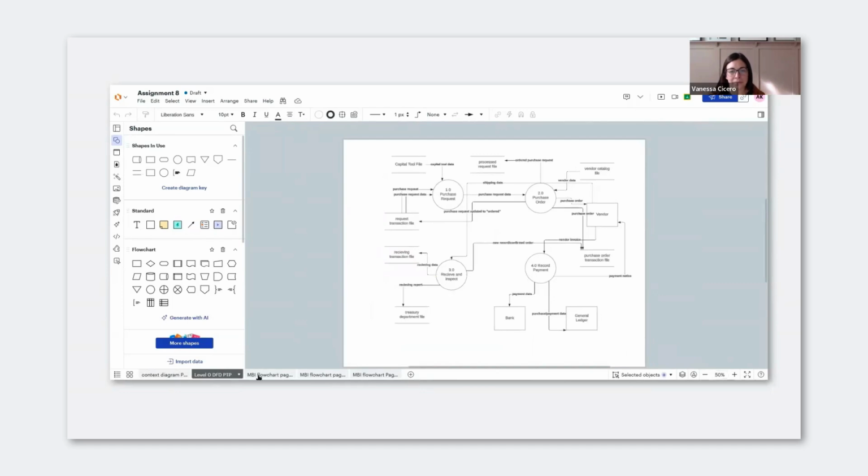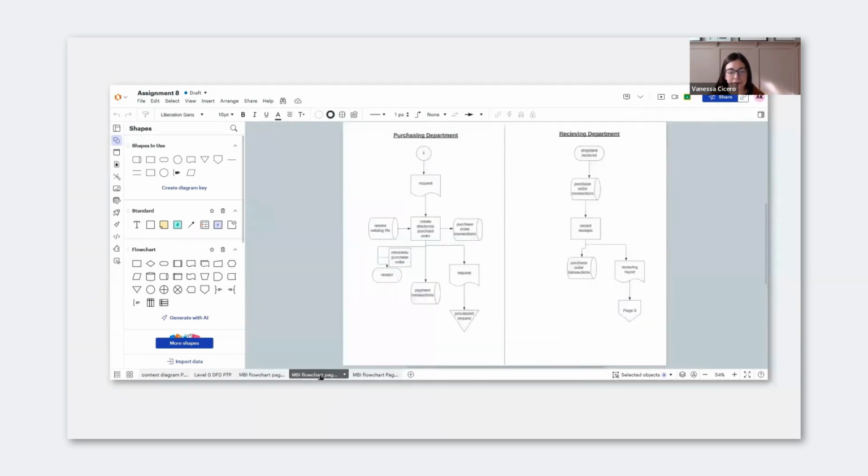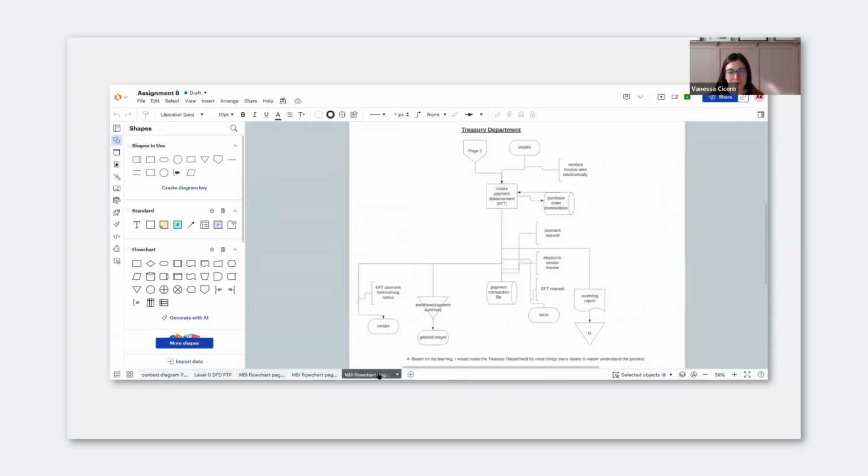So as I flip through this, while you might not be an expert in flowcharting or you might not be an expert in data flow diagrams, you can see the work that the students put into modeling here. And students have to incorporate shapes or build stencils in order to use this product. Building stencils and incorporating shapes in Lucid is so easy and so rewarding for students. They can go and grab extra shapes or they can create their own stencils, which is really, really helpful to them as a learning process. But as you can see,